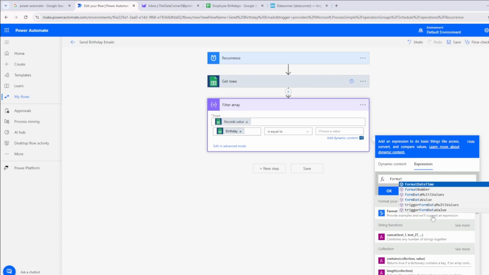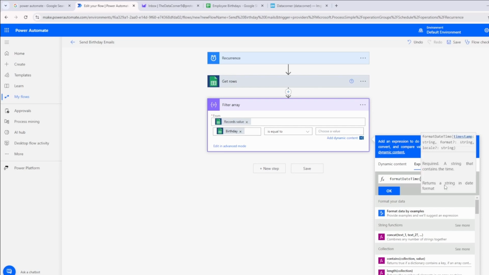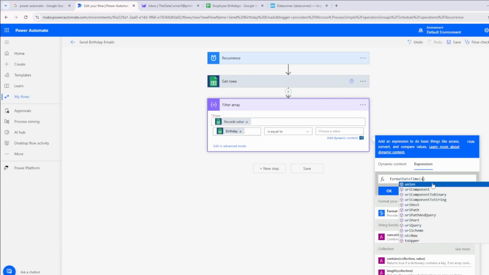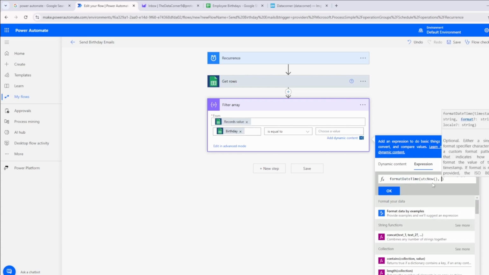And as soon as you type format, you will see the formulas you have. These formulas are somewhat similar to what you have in Excel. If you have used these formulas in Excel, these might be a bit easier for you to use. So click on format date time. As soon as you open it with parentheses, it will give you a list of parameters it accepts. So it needs a timestamp and then it needs a format. So timestamp will come from UTC now. So let's do that. And for format, we will give